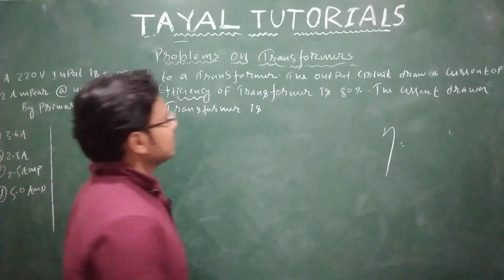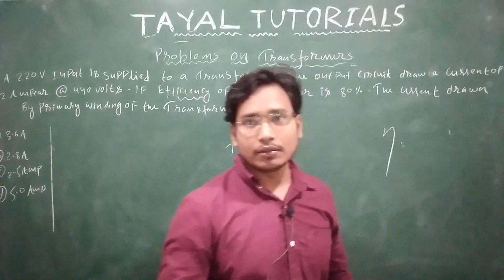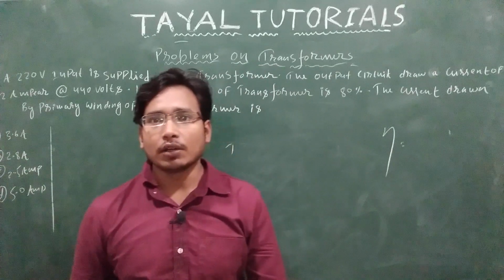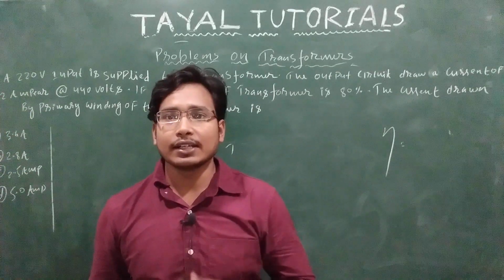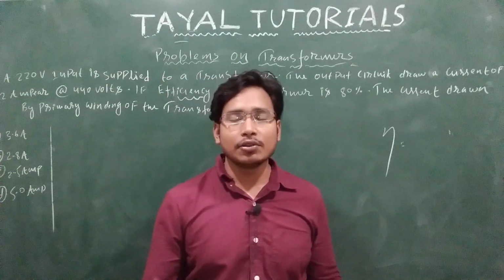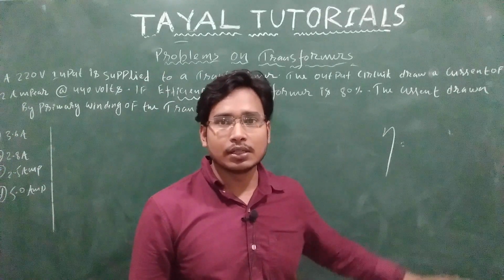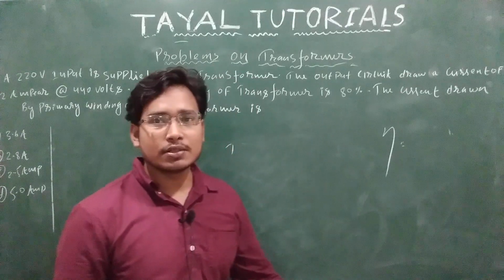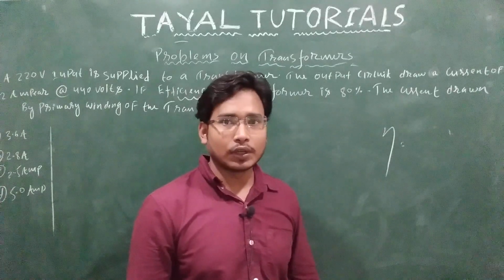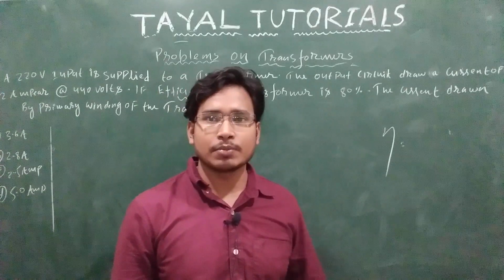A transformer is not an electrical machine. A device which is said to be an electrical machine should be capable of continuous energy conversion, for example converting electrical energy to mechanical energy. If continuous energy conversion is possible, then we can say that the device is termed a machine. But a transformer is just a device which converts electrical energy from one voltage level to a different voltage level. We will study these things in your classes: step down transformer, step up transformer.